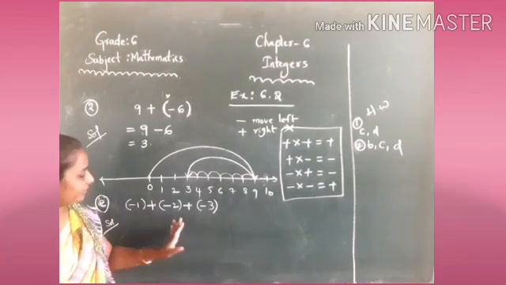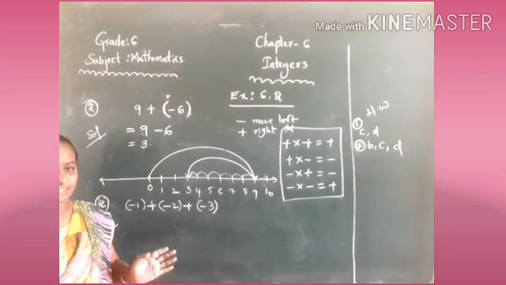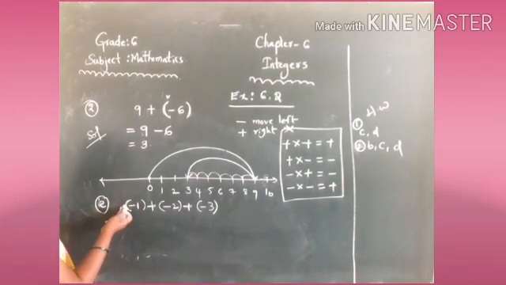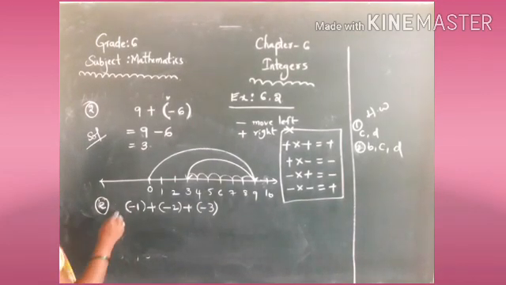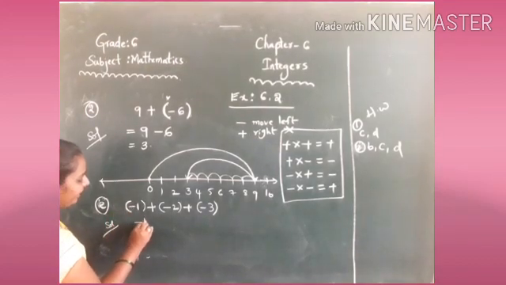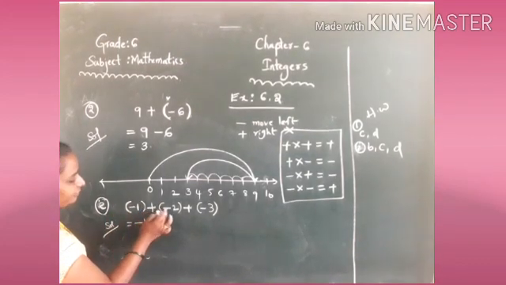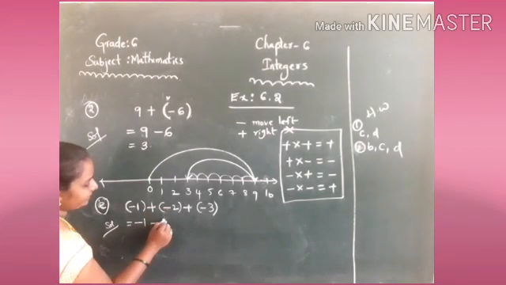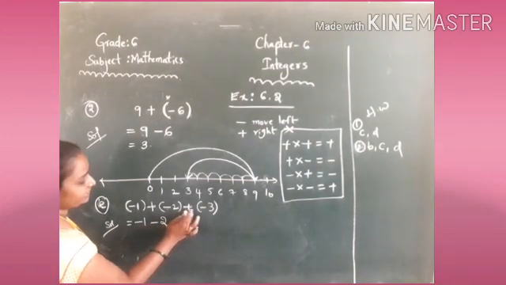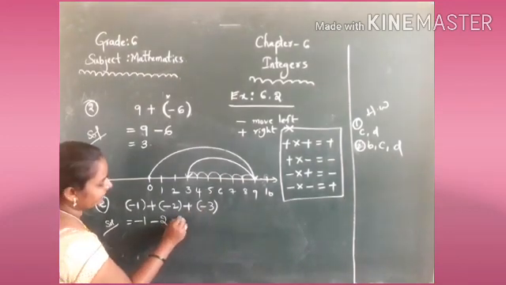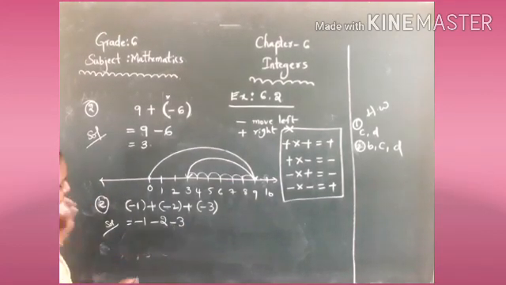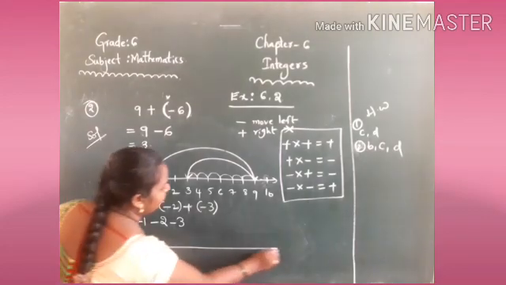First of all, minus 1, plus into minus. Plus into minus gives minus 2. Again plus into minus gives minus 3. Okay, now it is easy. Next, draw